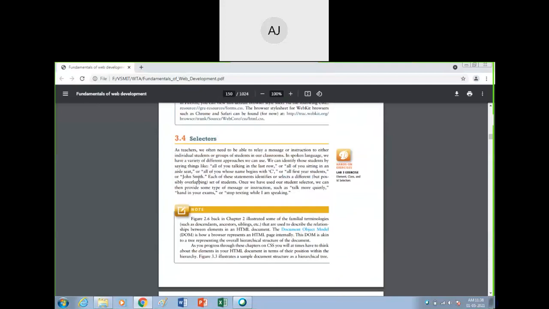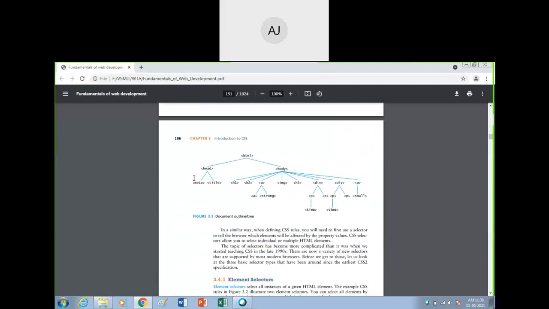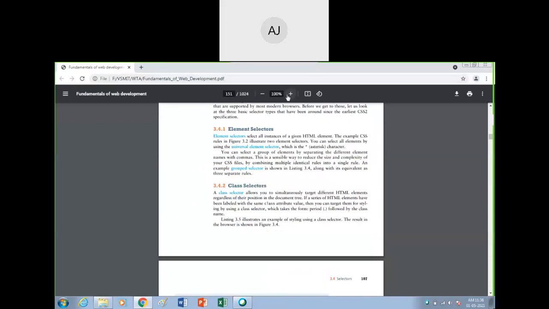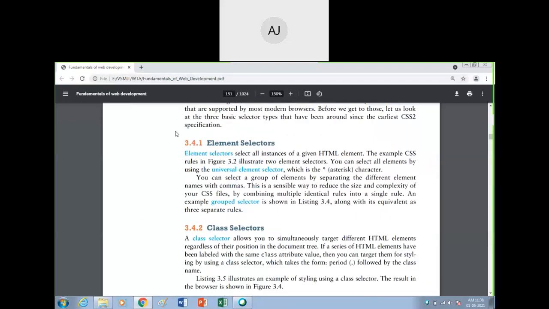of the selectors. So here the first one is the element selector. I will just zoom it. Element selector means you are writing the code or the rules for each and every element, or you can say a tag. Whenever you use that tag in the program, those changes will be done, and the default settings will be overridden for those particular tags. It is also called the universal selector, and it uses the star or asterisk symbol.